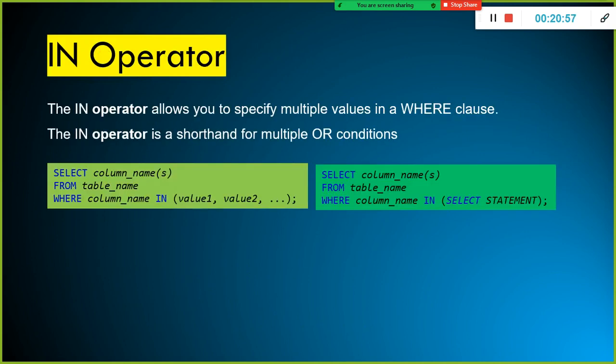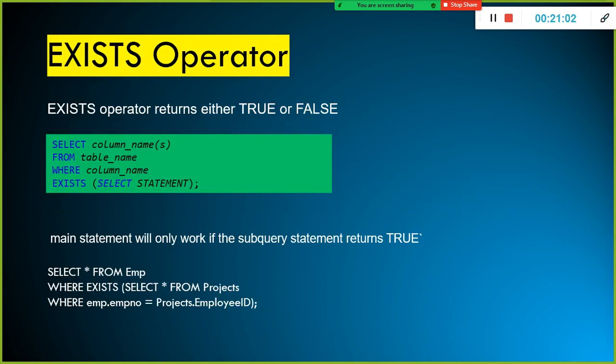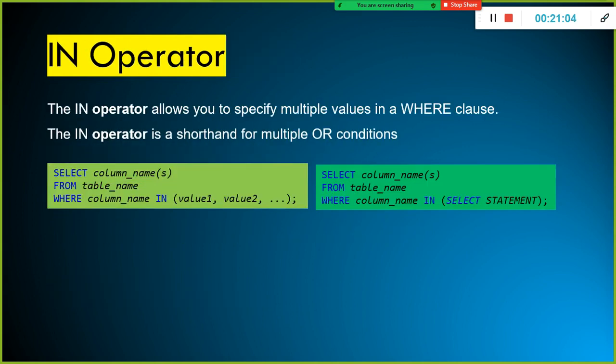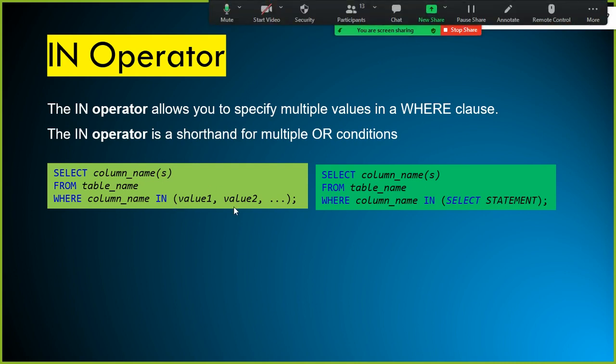And then the in operator. So what is in operator? We discussed the in operator yesterday. For example, I want to show the employees who work in two departments, let's say sales and research.